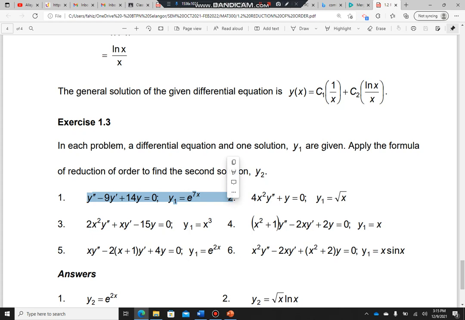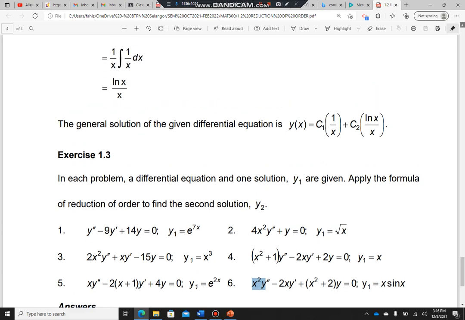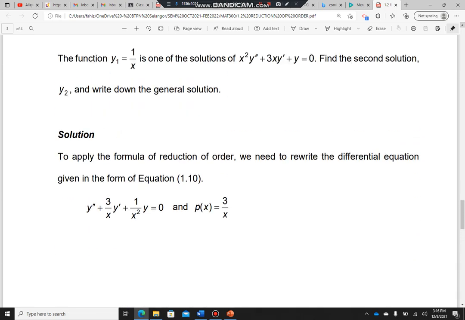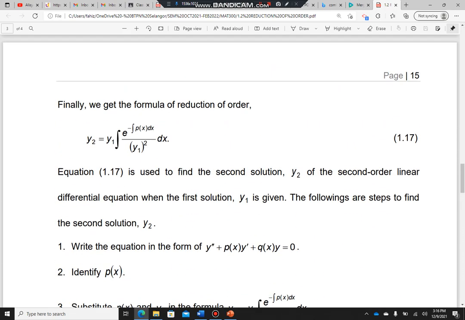So just substitute dalam formula, and then make sure, ingat kalau kat sini ada 2x square, make sure jadikan dia 1. Yang ni pun sama, ada x. So kena divide dulu by x. Yang ni pun sama, 4x square. Yang ni pun x square plus 1. Yang ni x square. So make sure jadikan dia dalam bentuk yang ni, jadikan dia dalam bentuk general form ni kan. Yang ni. Okay, so